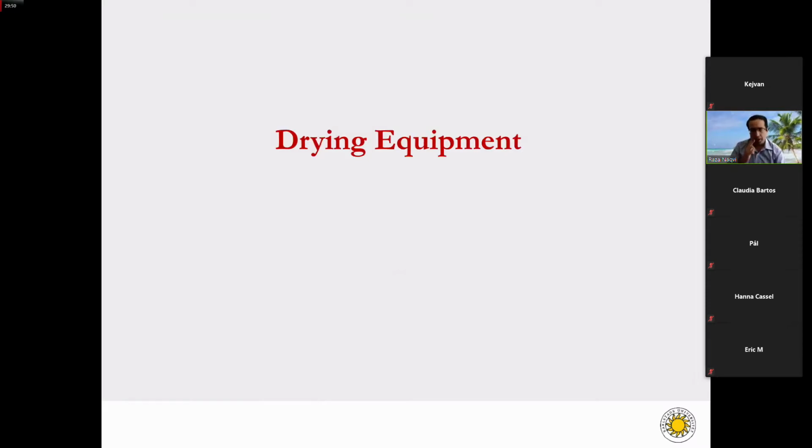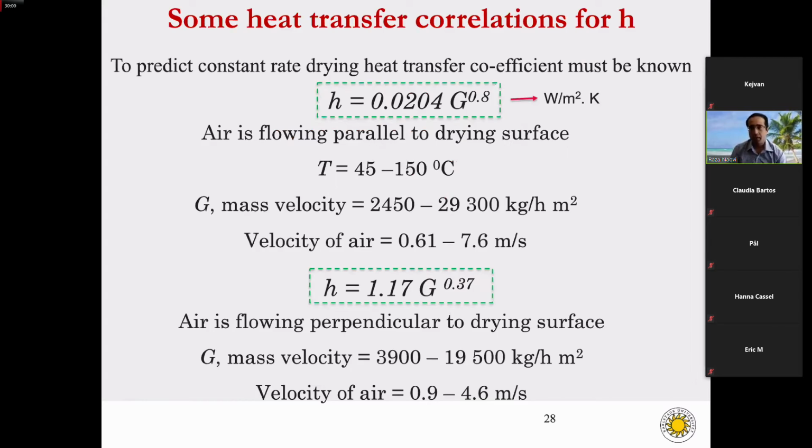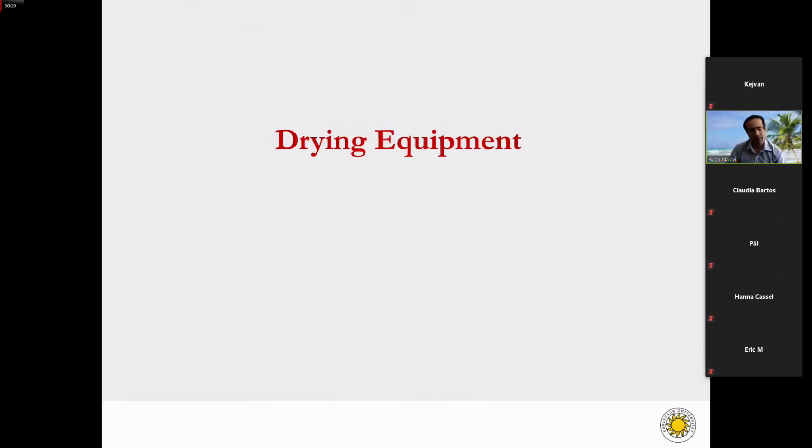Right now, I would like to discuss some drying equipment. Before I go into the discussion on drying equipment, I would like to ask if you have any questions on how we can calculate the heat duty, or any other questions. Do we have any questions? All right, then I'll briefly discuss some of the dryers that we use commercially or industrially